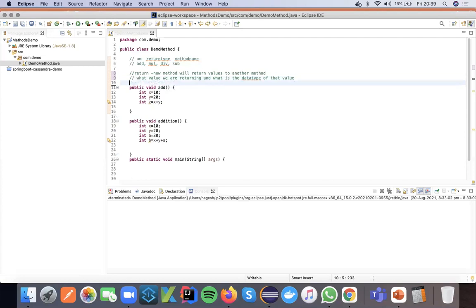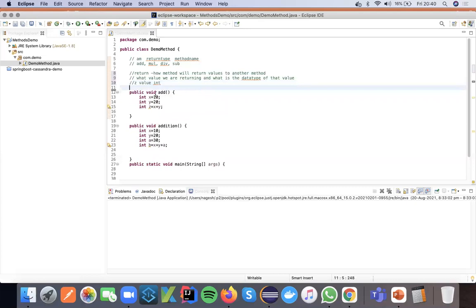Here I am planning to return the z value, and I understood the data type of z is int. So the first thing is, we have to replace void with int.